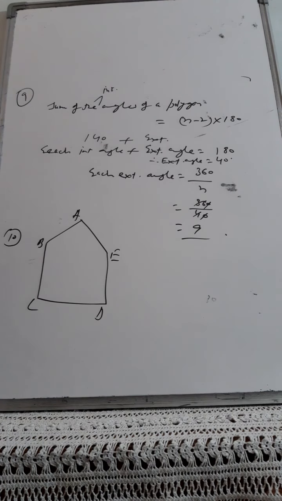If it is not regular, there is no need to put the sign of equal to on the sides. And what is the sum of the exterior angles in each? I already told you: in any polygon, the sum of the exterior angles is always equal to 360 degrees, so no doubt should be there at all. This exercise again is based upon all those 10 points which I shared with you. Moreover, I have discussed the solution of all these 10 questions with you. Kindly go through them carefully at home.